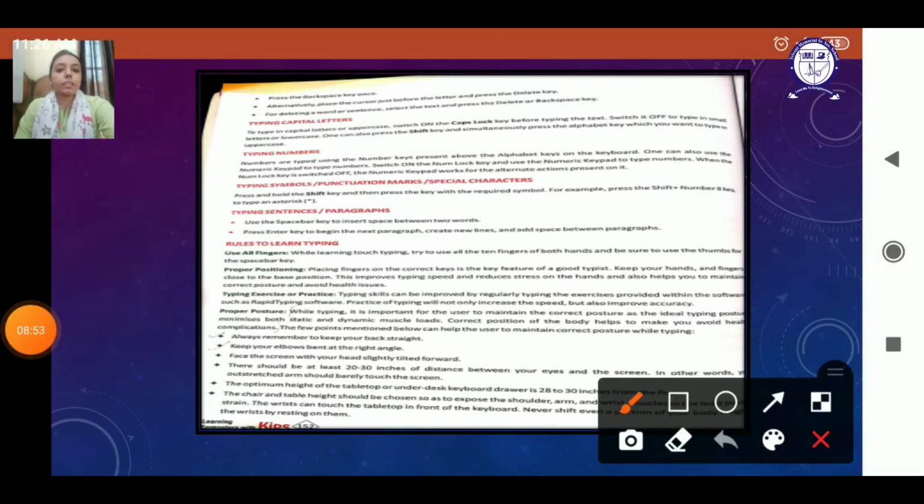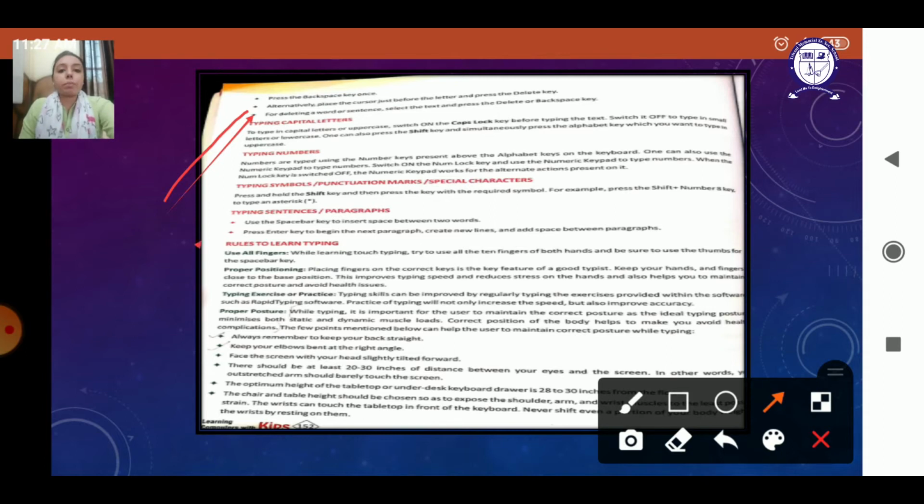Next is typing the capital letters. In case we want to type capital letters, we can make use of the caps lock key. As soon as you press the caps lock key, all the letters which you type will come in capital letters. Another way to type capital letters is to hold the shift key and press any letter with it. That is, press any letter in combination with the shift key and that particular letter will come in capital. Like if I press shift and B together, B will come in capital letter. And normally if you are pressing, other letters will come as small letters.